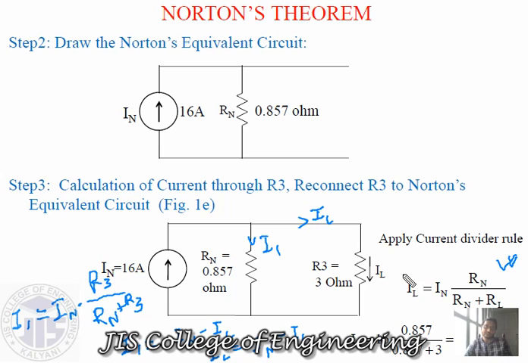Similarly, there is another approach also: you can find this current by source conversions also, if required. Suppose up to this circuit, up to this point, Norton's theorem is complicated. If they ask you to find the current through Norton's theorem, then it is complicated. Then up to this point it's fine, your answer is ready. Now suppose this one is your problem.